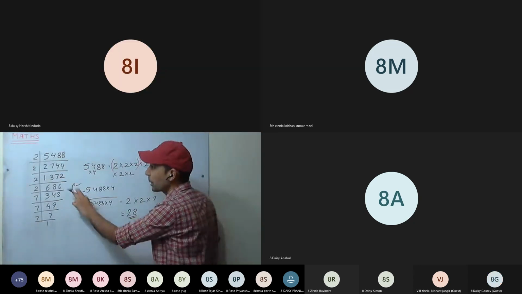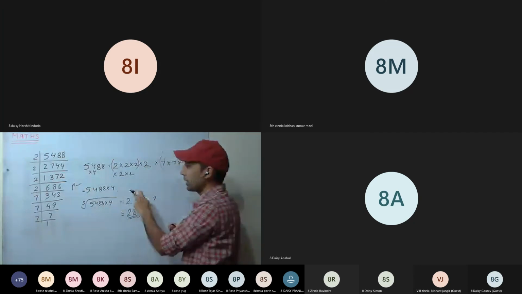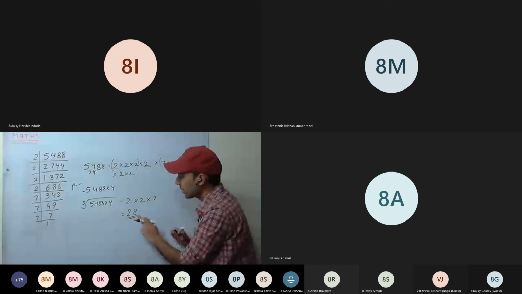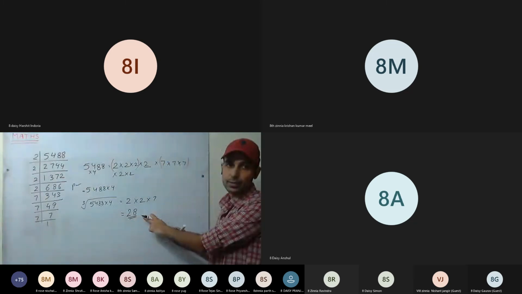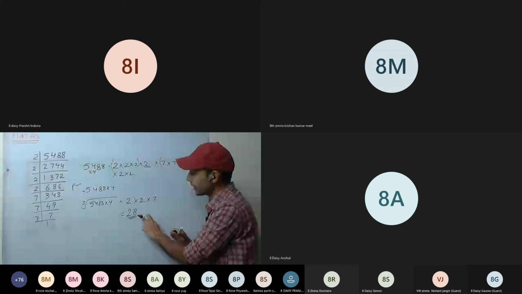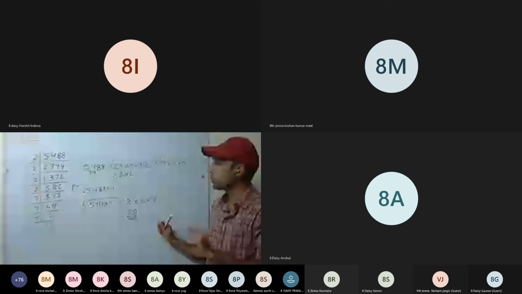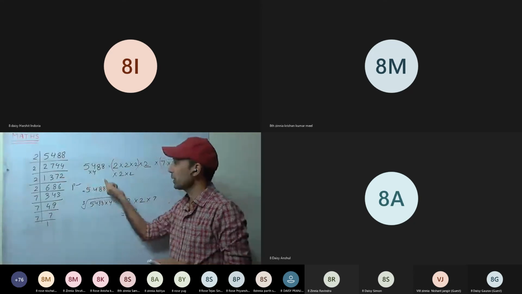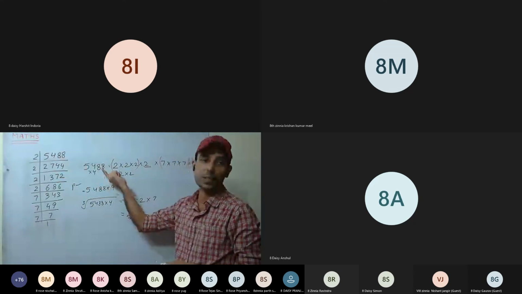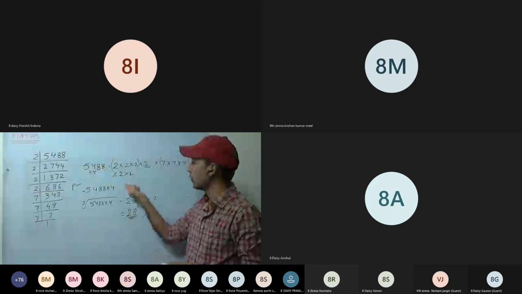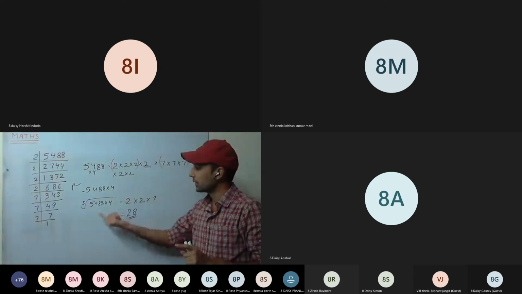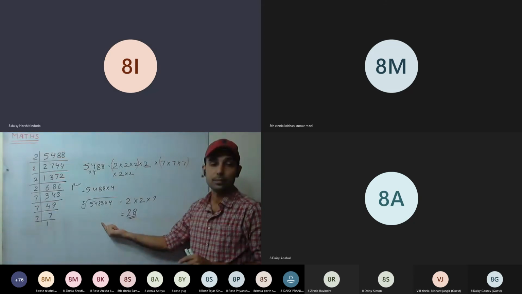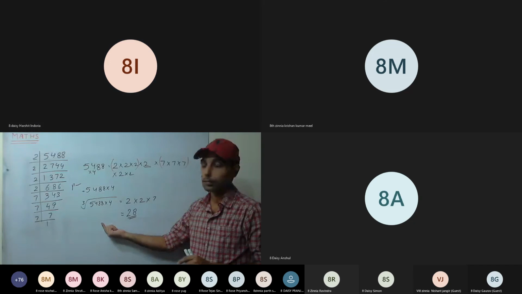So by what number must it be multiplied? We'll write the number by which 5488 must be multiplied is 4. One answer is that one. And the resultant cube root is 28. The cube root of the product is 28. To answer this we must write: the number that must be multiplied to 5488 to make it a perfect cube is 4. First answer. Second, sir, we have to write the cube root of 4, not the cube.